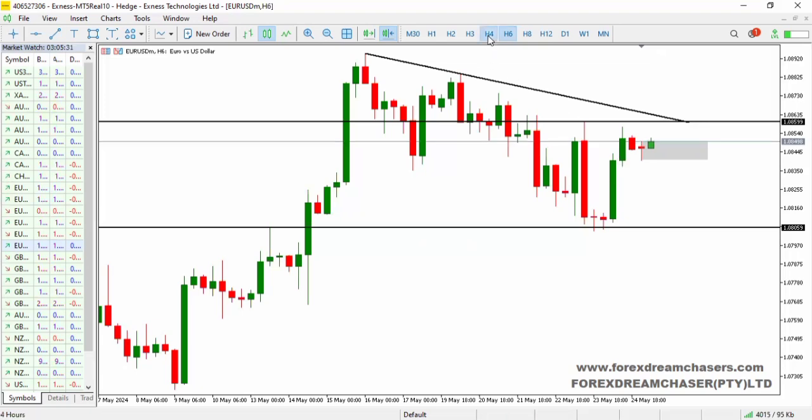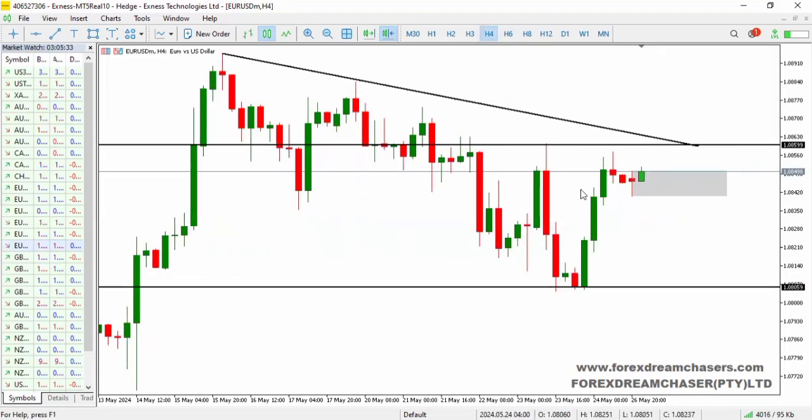Let's go to 4 hours. What do we have on 4 hours? On 4 hours, we just have a series of candlesticks, 3 of them. Nothing much. And then, besides that,